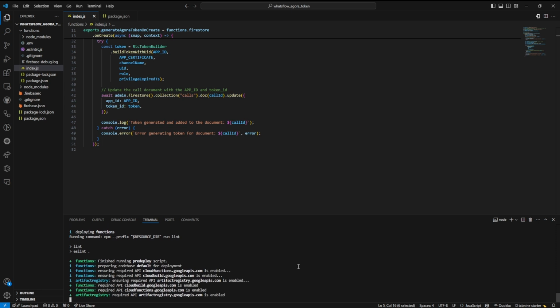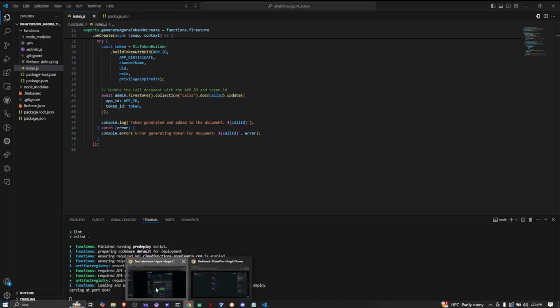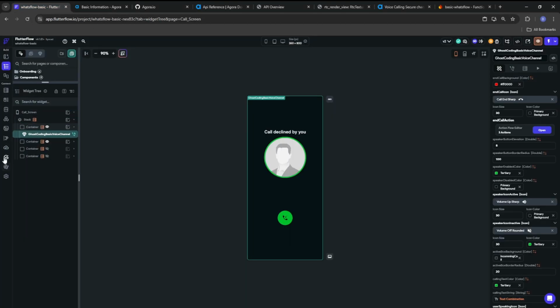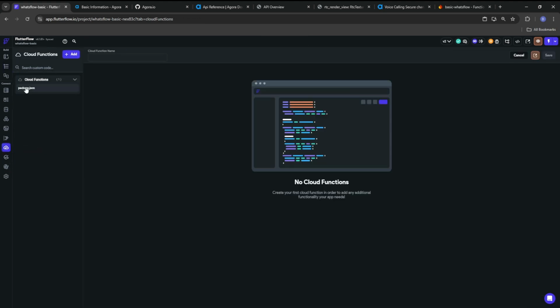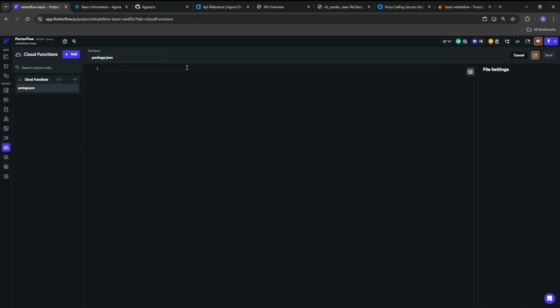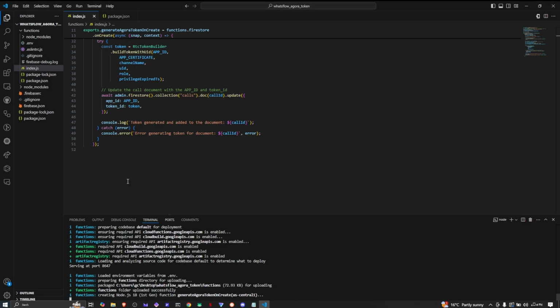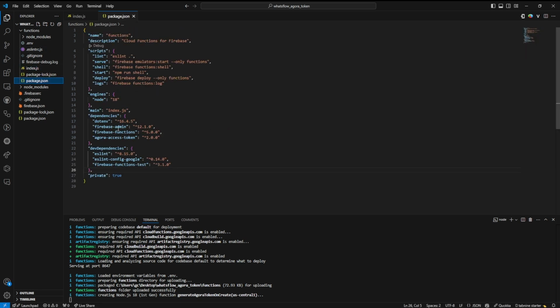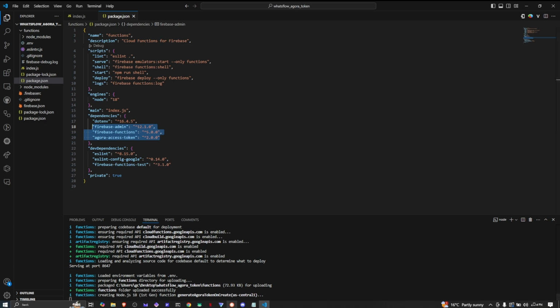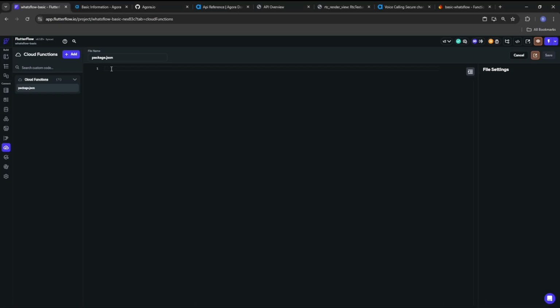you can go into FlutterFlow, right here. You can go down to the cloud over here, you will need to add those package.json files in here. So you need to ensure that you have all of these packages installed: .env, Firebase admin, Firebase functions, and Agora access token. So you can just copy this out. For example, well, you don't need the .env because you will now be handling it differently. So you can go into your cloud functions, you can add it there, and then just say